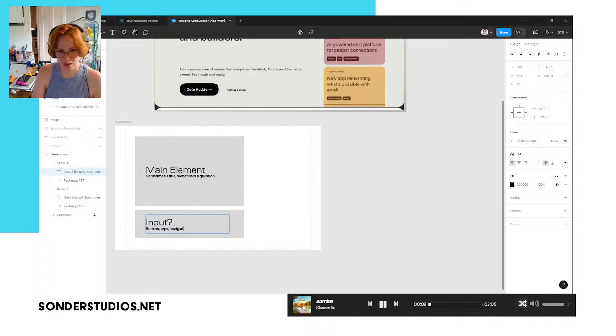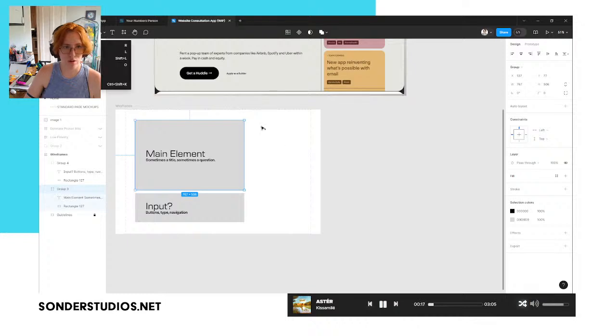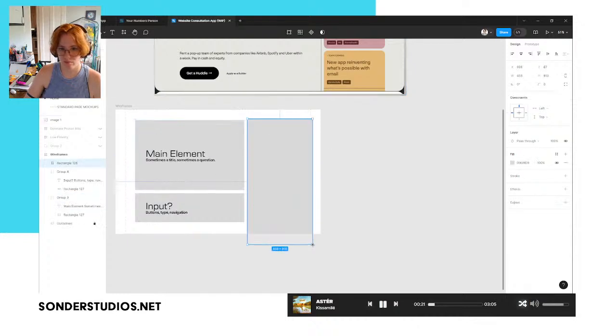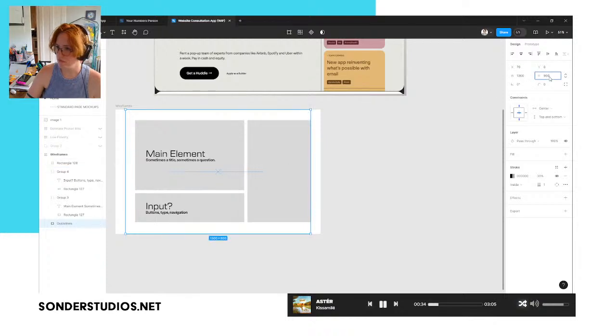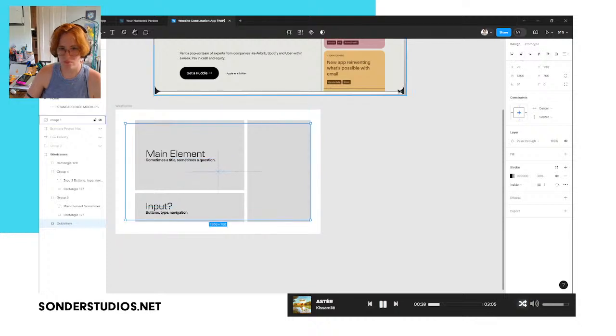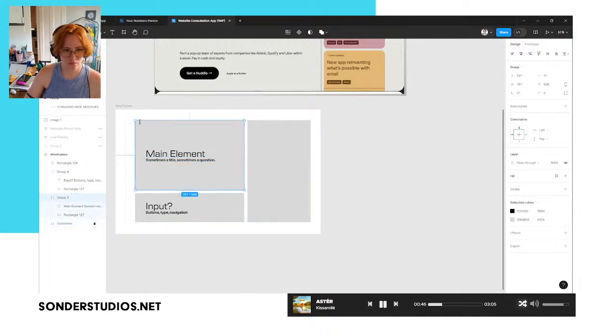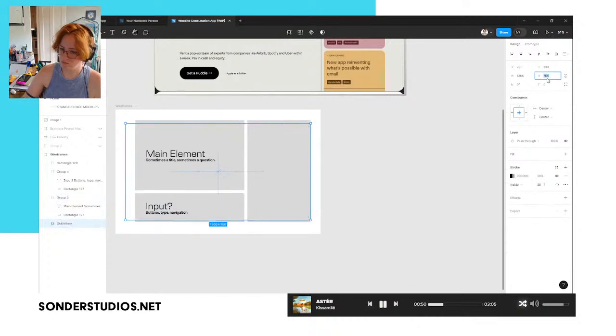type, location, and then the third element will be... sorry, I just want to make sure that the elements are nice and centered on the screen.